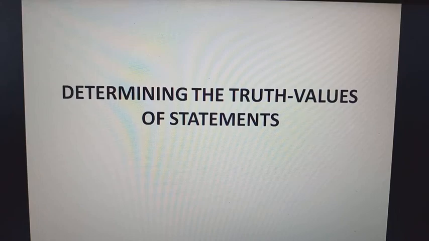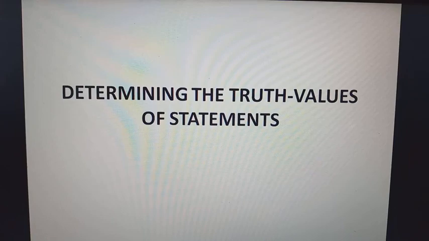We said that a conjunction is true when both conjuncts are true. Any other condition is false. A disjunction is false when both disjuncts are false. Any other condition is true. A conditional statement is false when the antecedent is true and the consequent is false. Any other condition is true. A biconditional statement